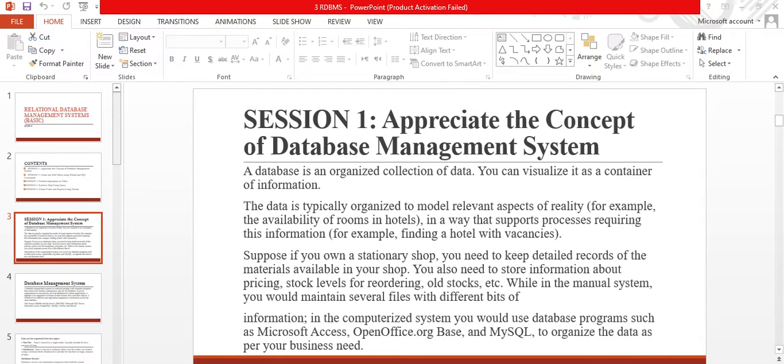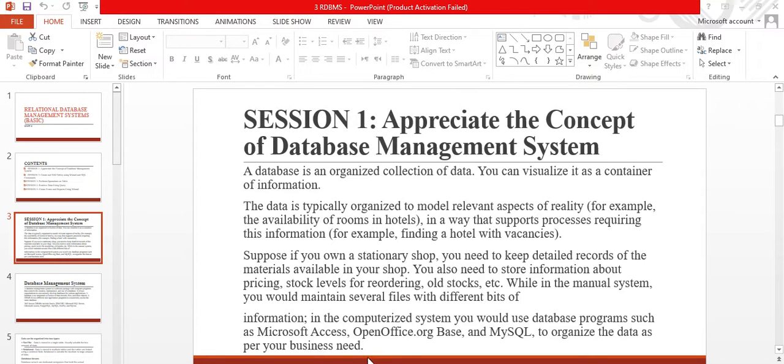Suppose if you own a stationery shop, you need to keep detailed record of the materials available in your shop. You also need to store information about pricing, stock levels for reordering, old stocks, etc. While in the manual system, you will maintain several files with different bits of information.